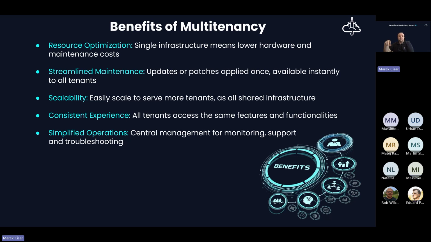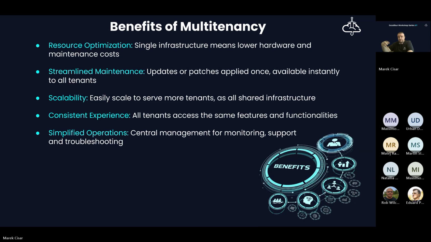So all these components can be managed centrally, and this means that all tenants benefit, for example, when I upgrade the application or bring new functionality in a new version. All tenants benefit from those new functionalities at once. So it greatly reduces the downtime and also the management effort for such an infrastructure.